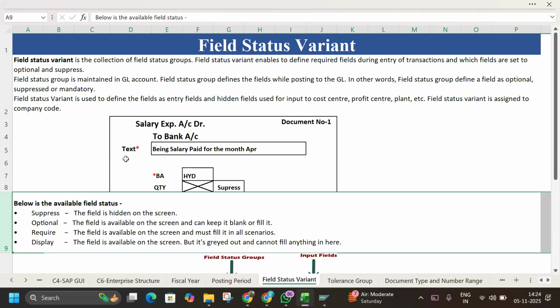Basically, the field status variant is the collection of field status groups. The field status variant enables us to define which fields are required during entry of a transaction, and which fields are set to optional and suppressed. See, basically what happens in FICO, we post journal entries. So whenever we are posting any of the transactions, during the posting in the posting screen,